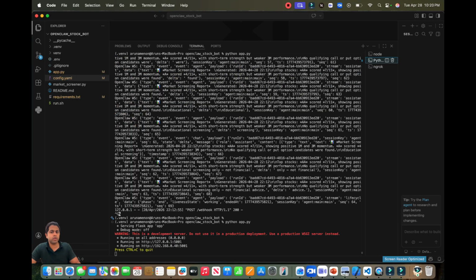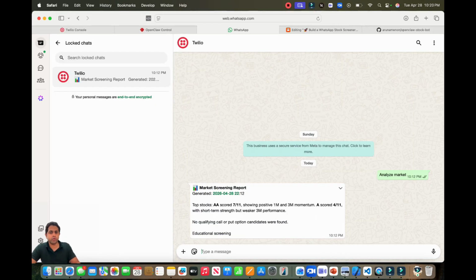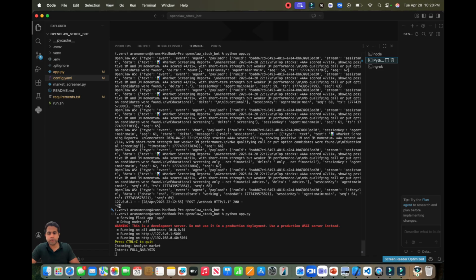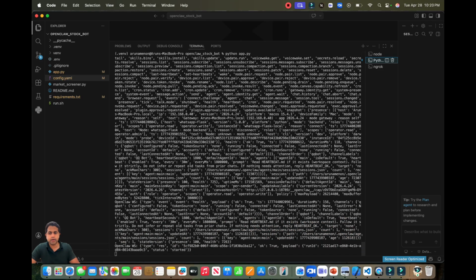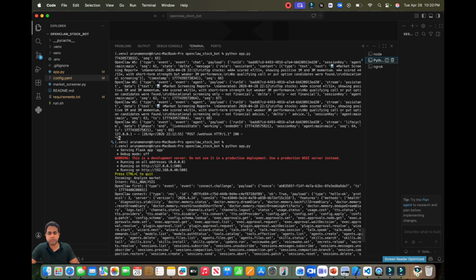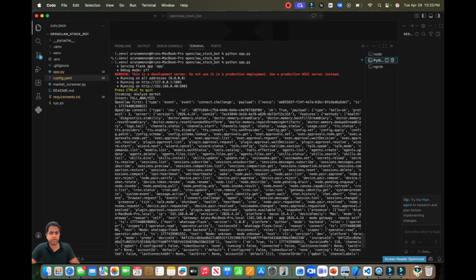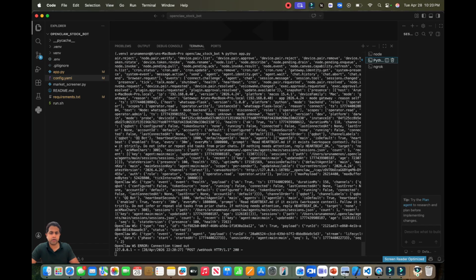So we'll go back into this one, the Flask app that is currently running. We'll go into WhatsApp and we'll do the same thing once more. Let's say analyze market. Now when we go into the terminal, we'll see that the incoming request is analyze market. The intent behind this was to do a full analysis. Based upon the LLM, it identified that the intent behind the user query is full analysis, and we got the